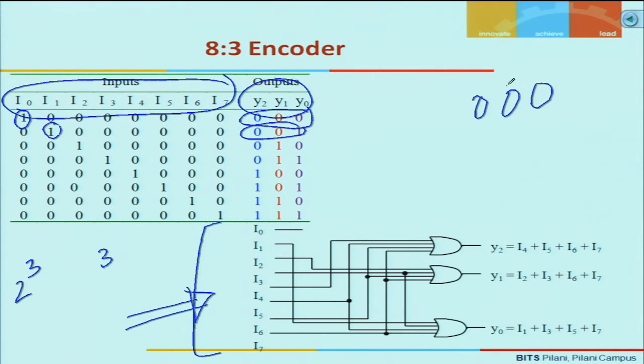The second drawback is, what if more than one input is active? For example, what if my I0 and I1 both becomes a 1? Again, if you analyze it, you will find a pattern which will be one of these patterns given in this table. The second drawback is, it is not able to detect if more than one of the input is active, at the output the pattern will be similar to any one of them. So this circuit, 8:3 encoder, works perfectly fine if only one input is active at a time and at least one input is active at a time.